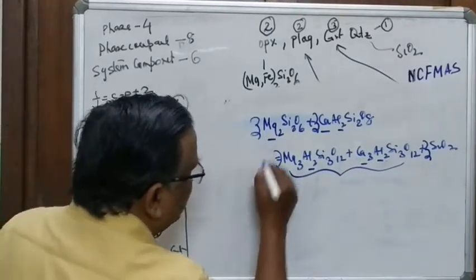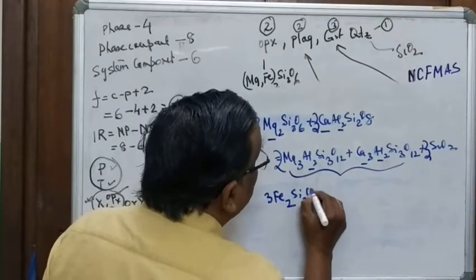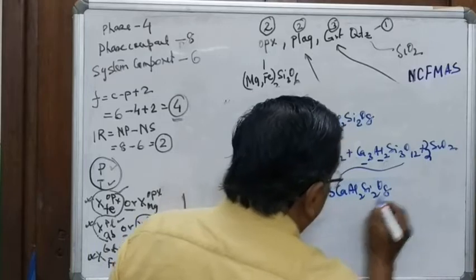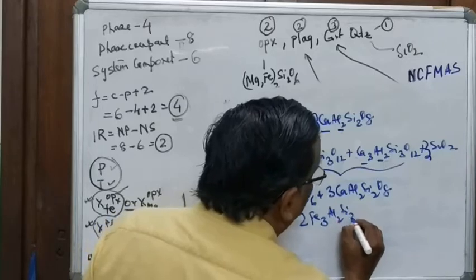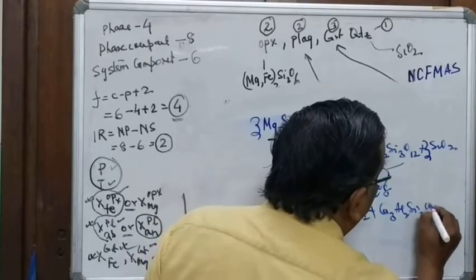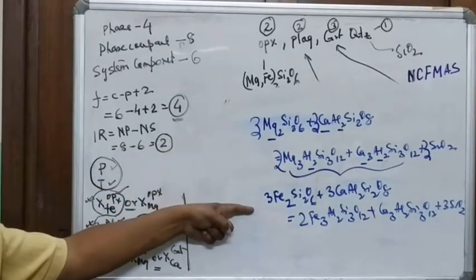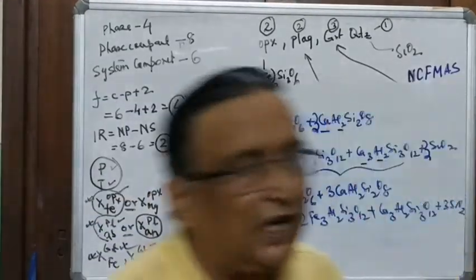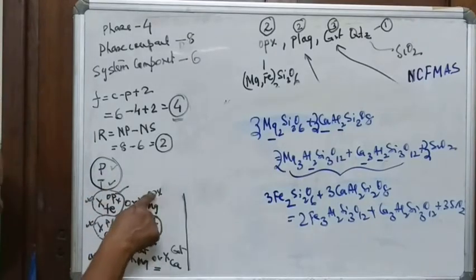This you can write, and you can write the iron end member reaction, which is 3Fe2Si2O6 plus 3CaAl2Si2O8 is equal to 2Fe3Al2Si3O12 plus Ca3Al2Si3O12 plus 3SiO2. You see? Neither this can be derived from this or this can be derived from this. So both are independent reactions. So now you have, as you said, all these can be determined